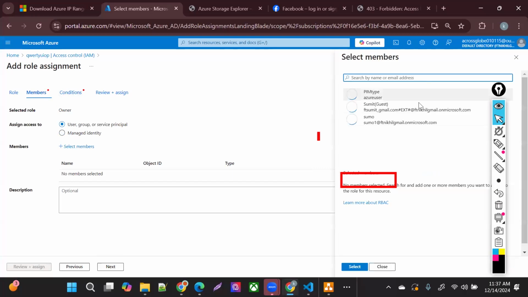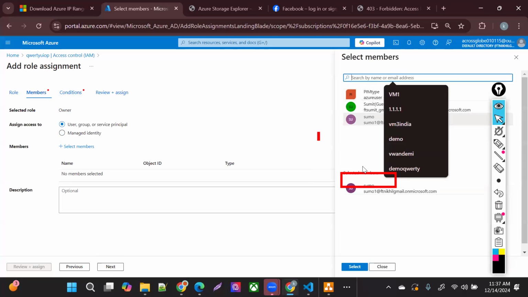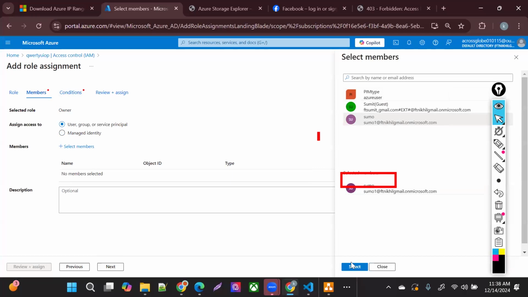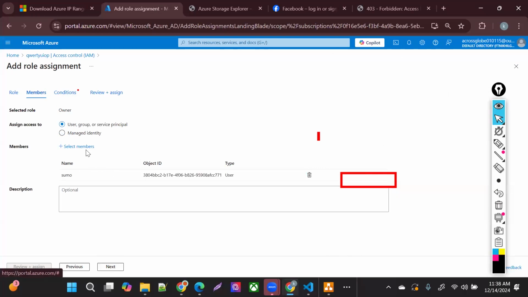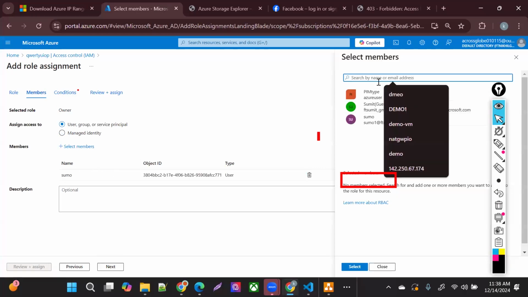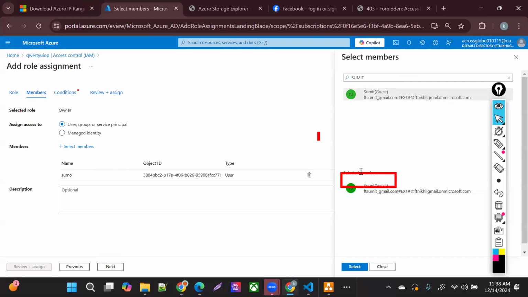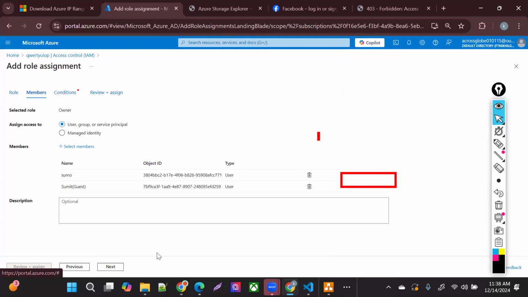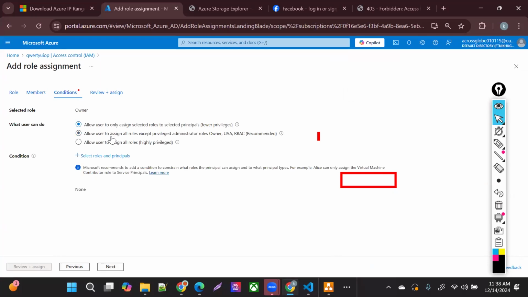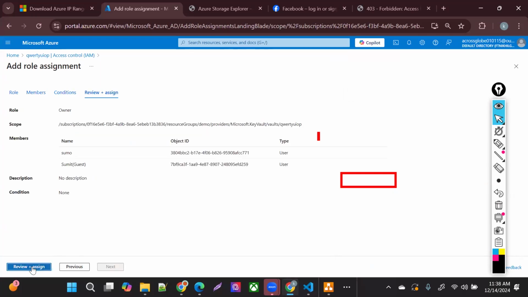Select member. Okay, I'm assigning this, and then review and assign.